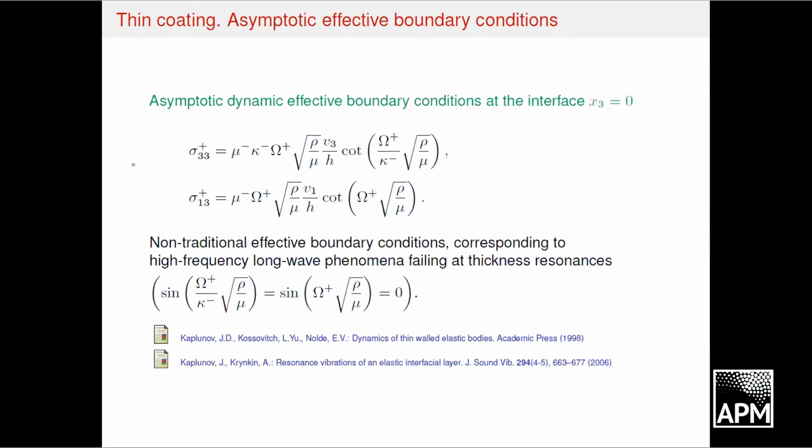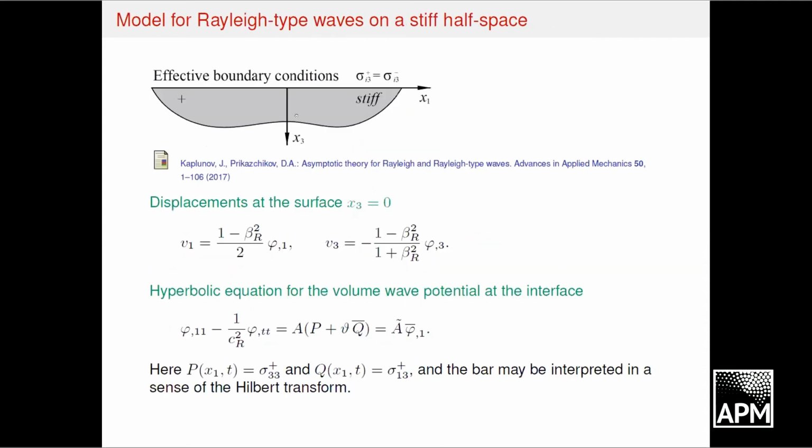And we can now formulate the asymptotic boundary conditions, which are effective boundary conditions on this interface, right? So they are non-traditional because they have this cotangent factor. So it means that at these thickness resonant frequencies, they will blow up. But that's life. So now, once we've got effective boundary conditions, we have a half space with these stresses applied at the surface,